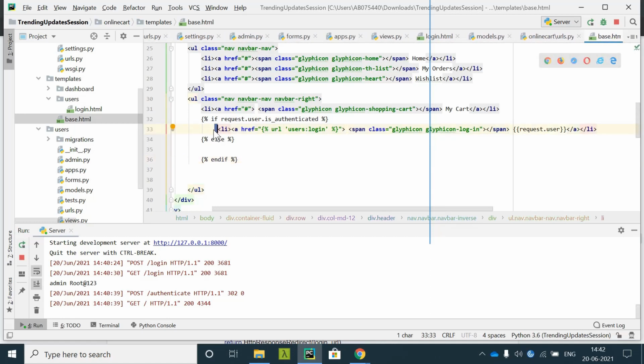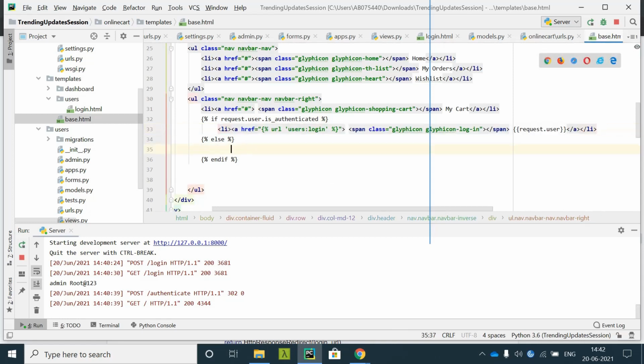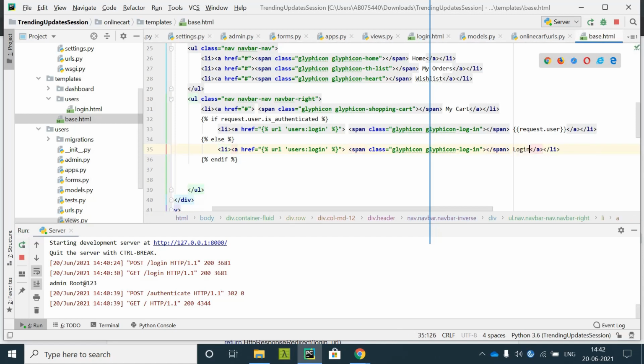If this user is not logged in, it should go to the login page. Login. Okay, it should go to the login page.